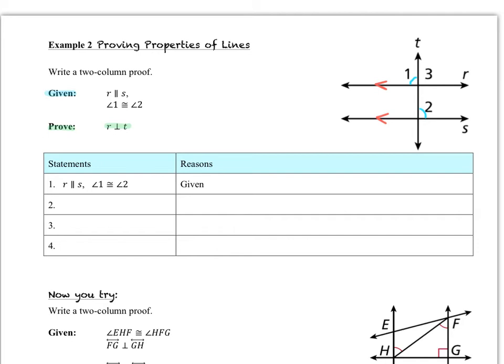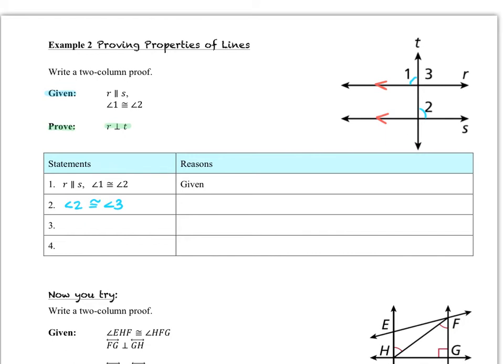So now what else can we say? If we know that lines R and S are parallel to one another, we can also see that angles 2 and 3 are corresponding. And because they are created by a transversal going through two parallel lines, we know that those two corresponding angles are congruent. So we can write the statement, angle 2 is congruent to angle 3, and the reason is because of the